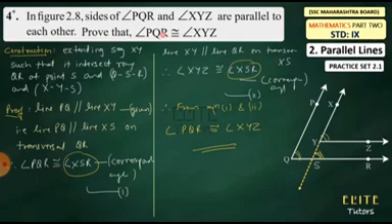First of all, we extended the ray or line or segment XY as XS. In the proof, we first take PQR and prove that PQR and XSR are congruent by corresponding angles. Then in the second we take XYZ and prove that XYZ and XSR are congruent by corresponding angles. Then we compare and get the answer. Hope you people understood. First of all, you people will write the question, draw the diagram and write down the solution.